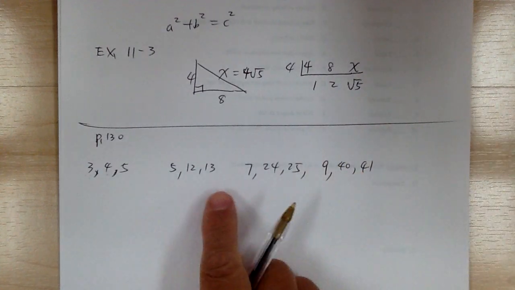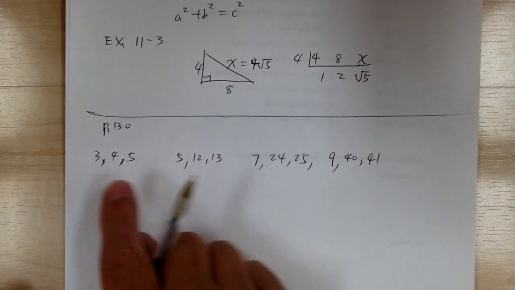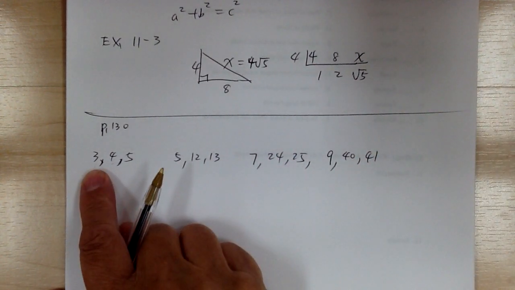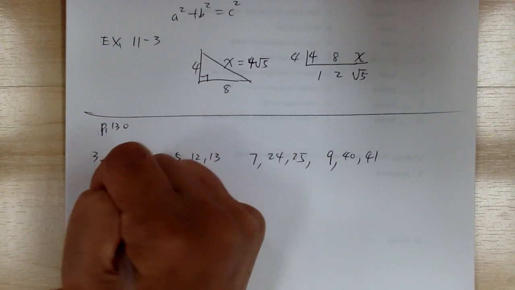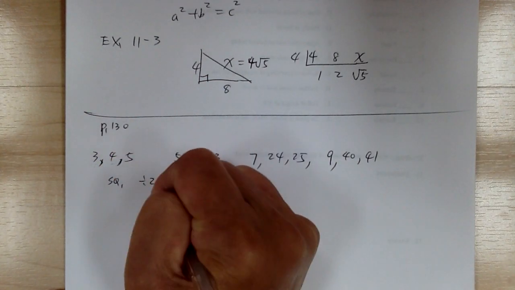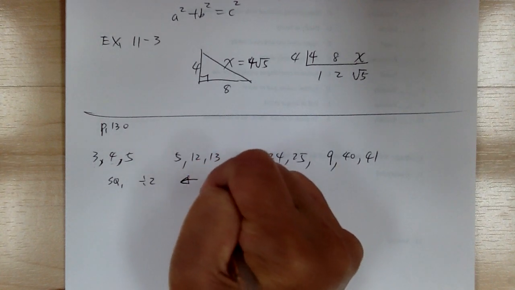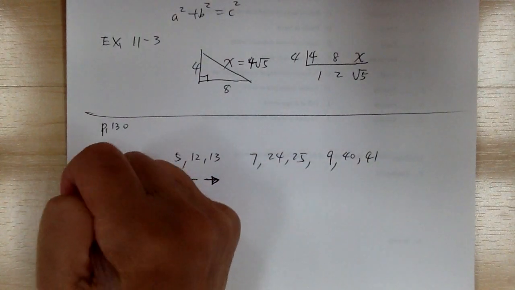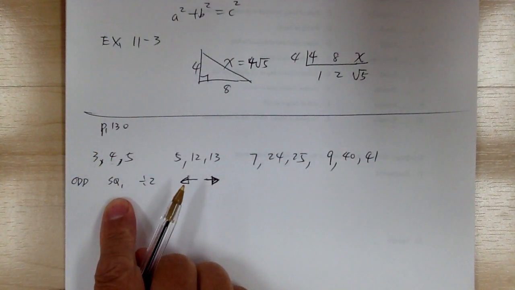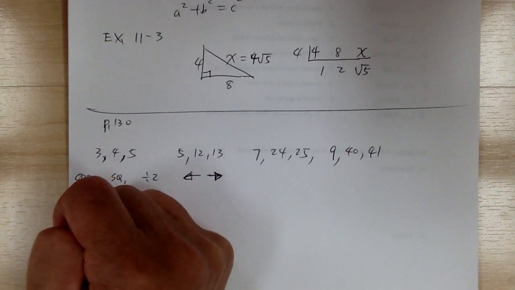Okay, so this helps you recognize some of the special triples. If you know one of the sides is an odd number, then you can square it, then divide by 2 and go on either side. So again, for an odd number, you square and divide by 2 and go on either side of the integer. Now, if it's even,